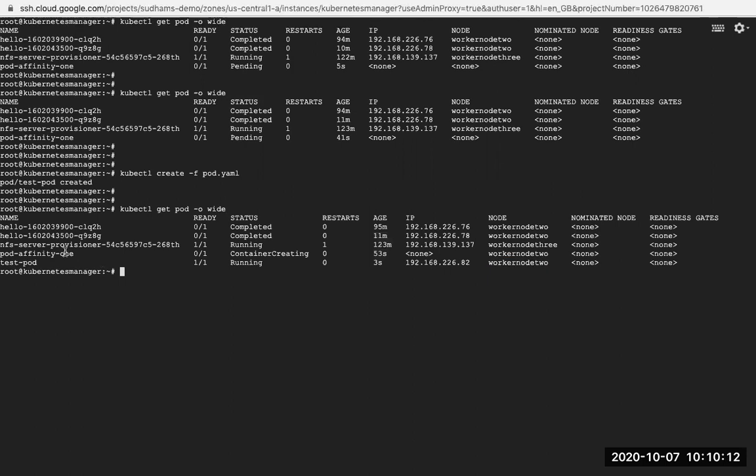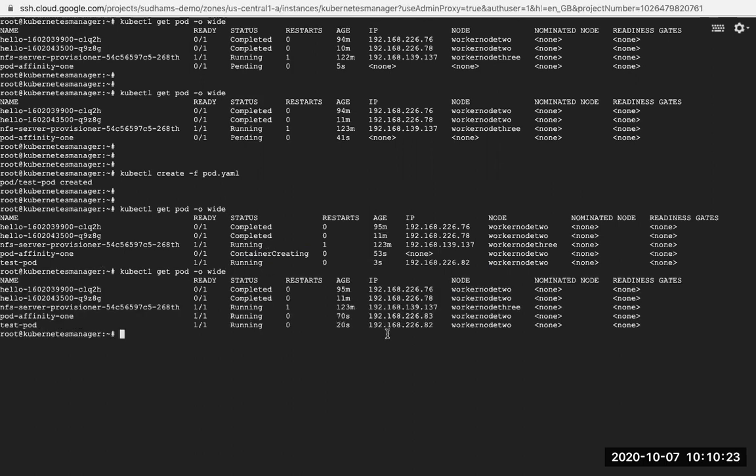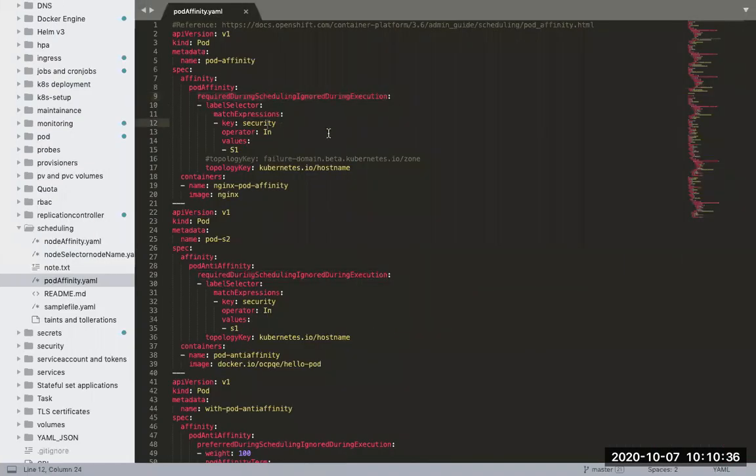Immediately you can see this particular pod affinity. Now it is showing you container creation process. Means it identified that there is a pod now running with a label called app nginx. Immediately your pod is getting scheduled on the same node where the test pod is running. Okay, so this is how it works. So this is the second scenario. These are the two scenarios which you have seen: what will happen if that pod is there, and what will happen if that particular pod is not there, which we are looking for.